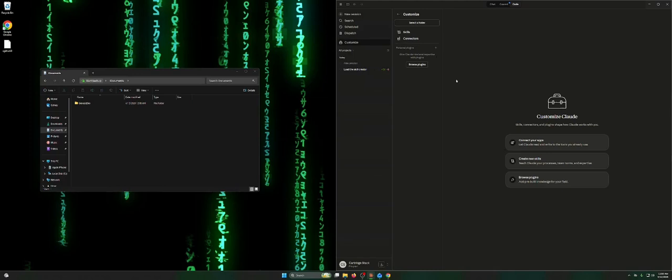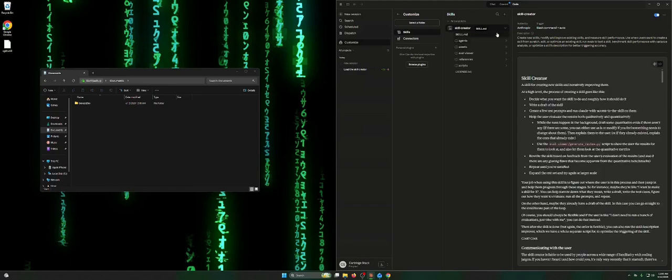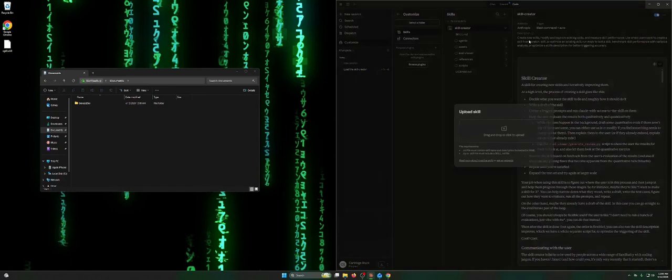So now we need to actually add it to Claude for use in future projects. You're going to click Customize. You're going to click Skills. You're going to click the plus sign. You're going to click Create a Skill. You're going to click Upload a Skill. Then you're going to drag the